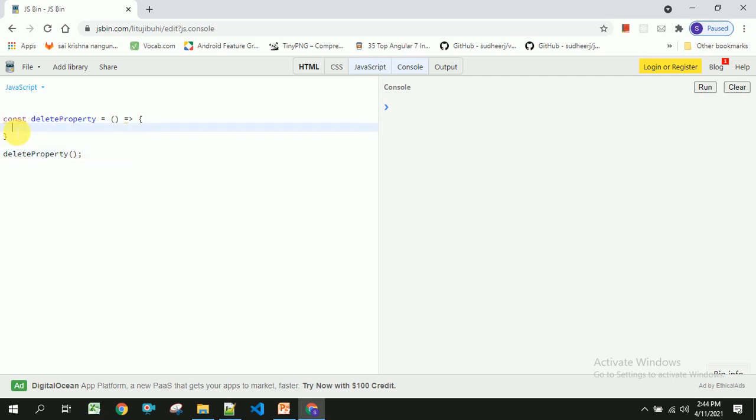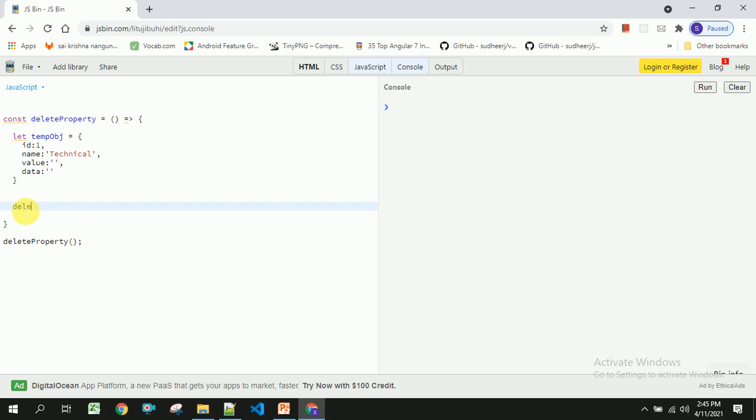Now inside this I am going to declare some object with id and name. Now the question here is how to remove a property from this object.